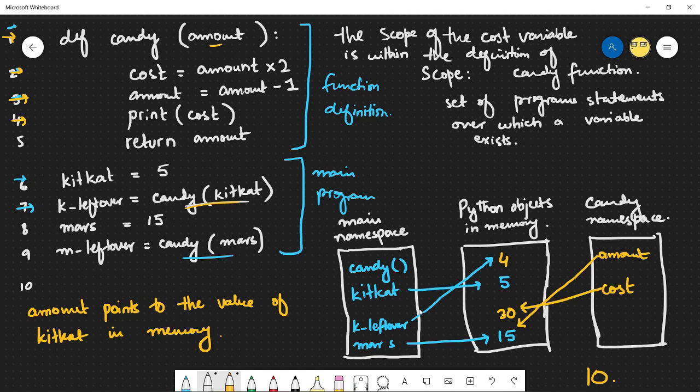Okay, and then I'm saying take the value of amount, reduce it by 1, and store it back into amount. Now, because amount is immutable, it is not going to do something like this. It's not going to say, oh, I'm going to make this 14. You might think that might happen, but what's that going to do once this function stops working? It's going to also change the value of Mars here to 14, which is something